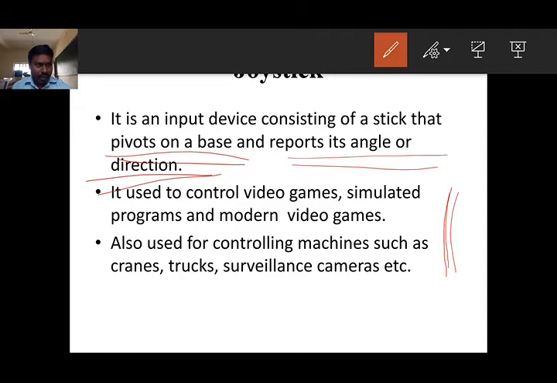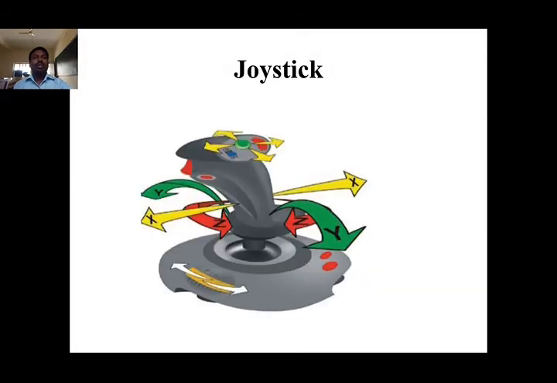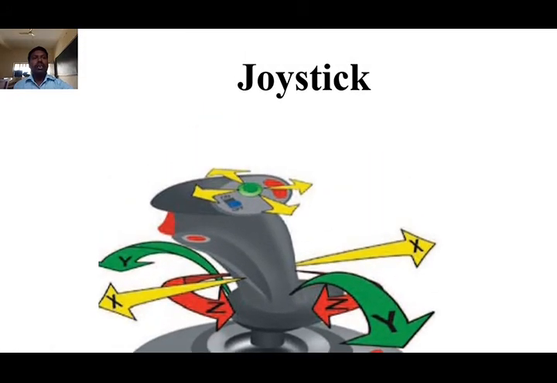Assume that there is a base here, and a stick pivoted on the base. It reports its angle, which angle? 30 degree, 40 degree, 180 degree. So it will report the angle and also the direction: upward, downward, left, right. Understand? You can see this diagram so that you can easily understand.